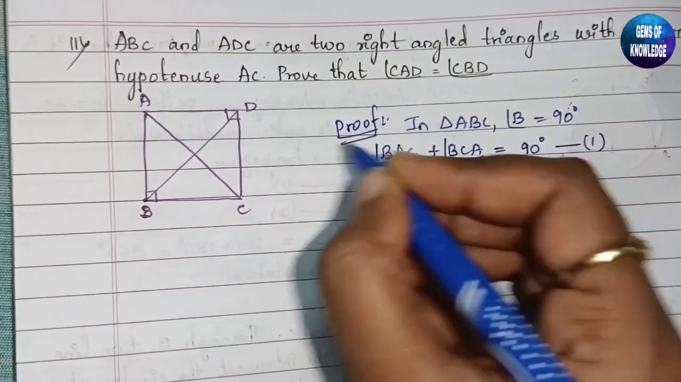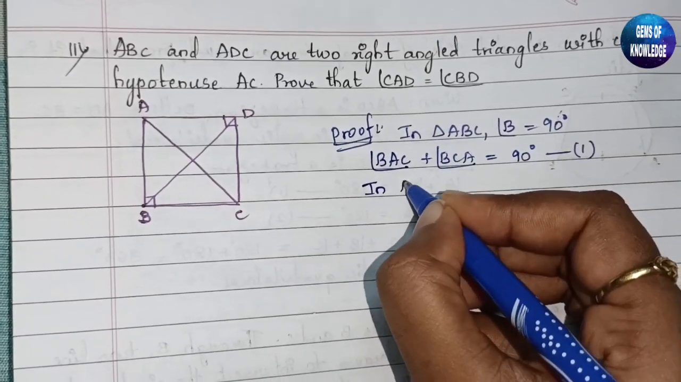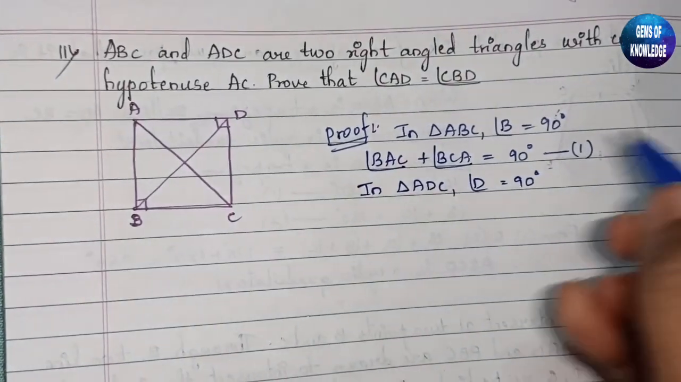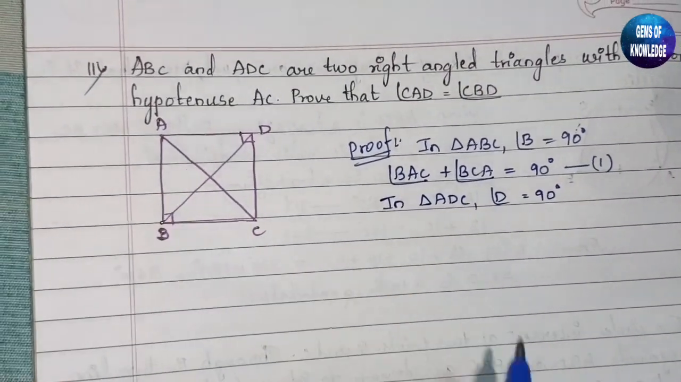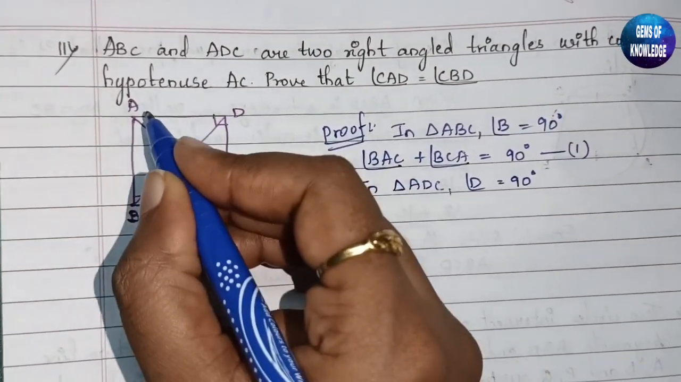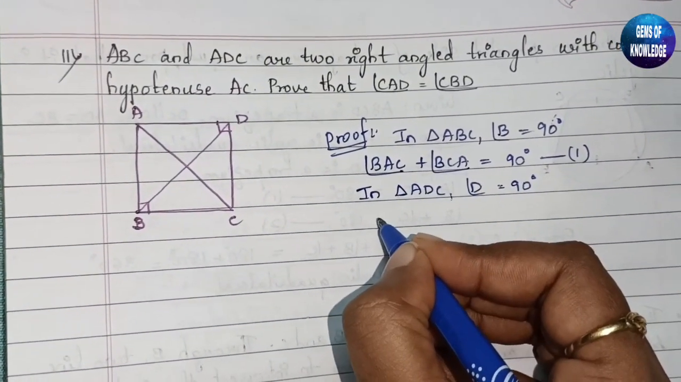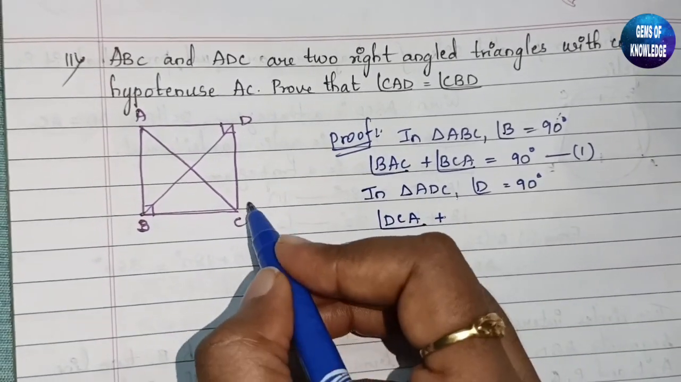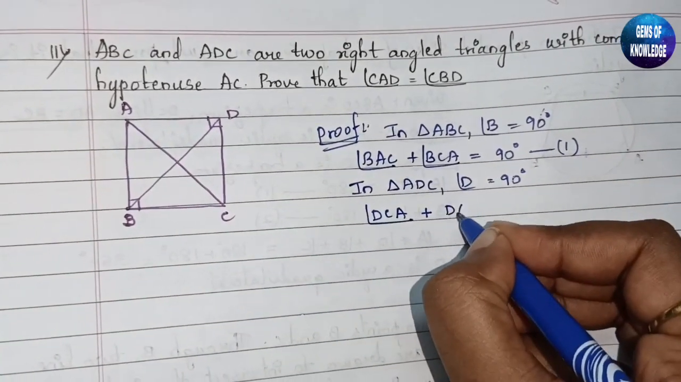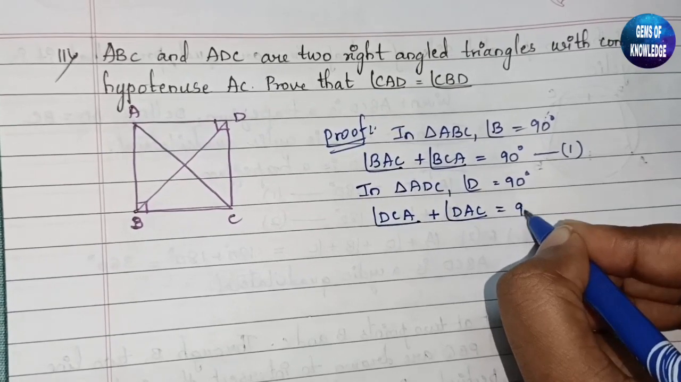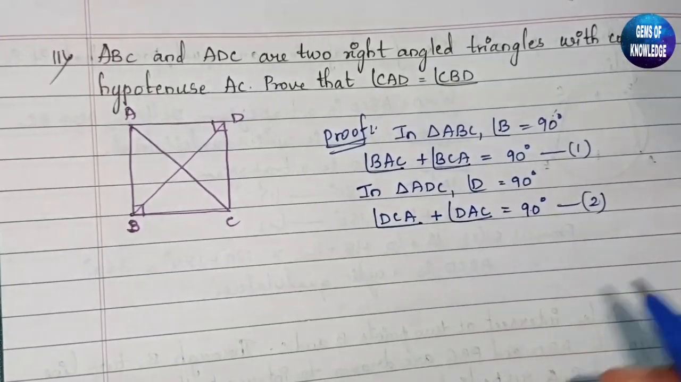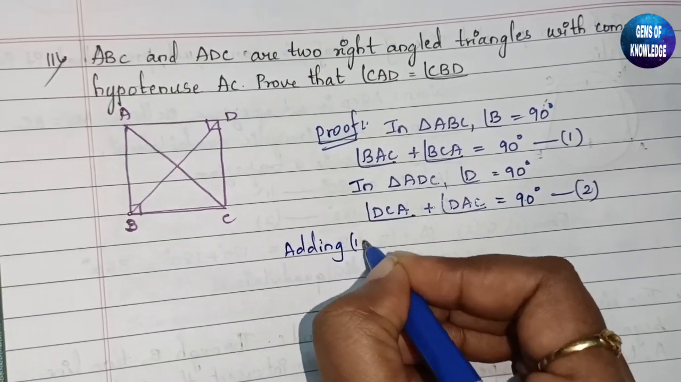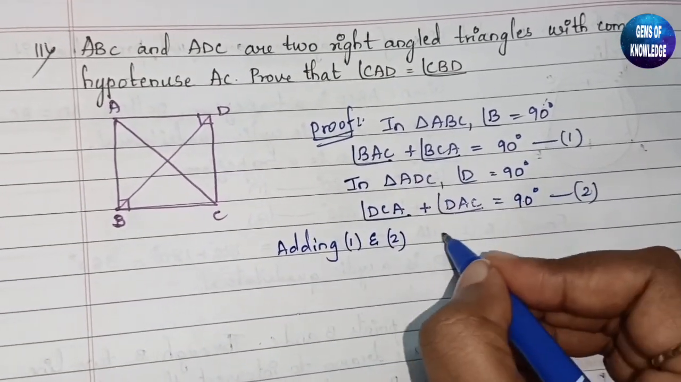Now we'll consider another triangle, that is ADC. In triangle ADC, angle D is equal to 90 degrees. Then the remaining two angles, angle DCA plus angle DAC, together will be equal to 90 degrees. This is equation 2. Now adding equation 1 and 2,